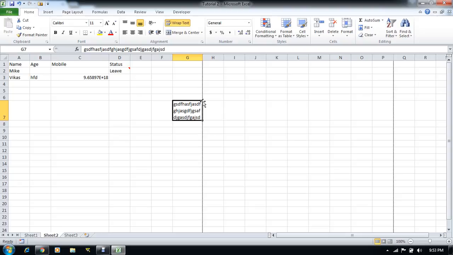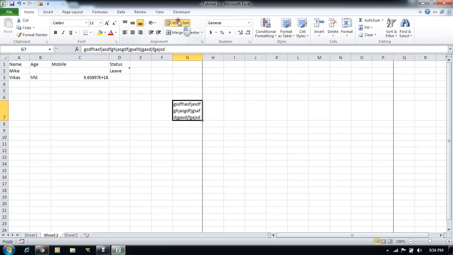So mainly the wrap text option increases the height of the cell as per the content in the cell. Right now what we have done is pressed this wrap text option here from the home menu.